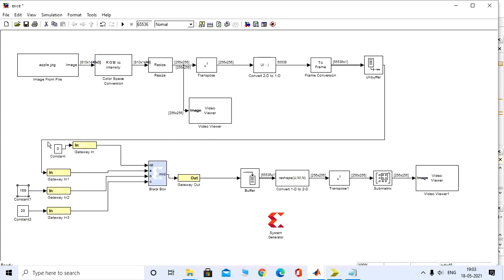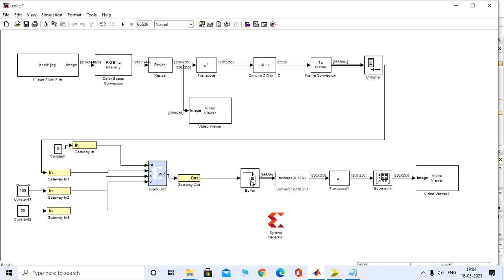Now this can also be done by combining the moving window architecture inside the block only, where you get only data in and data out as your output, and internally the moving window architecture processes. But I have done it separately, like I have given these 2 extra input bits. You can do it this way also. So you can give any random values here and you can see how the output also changes.